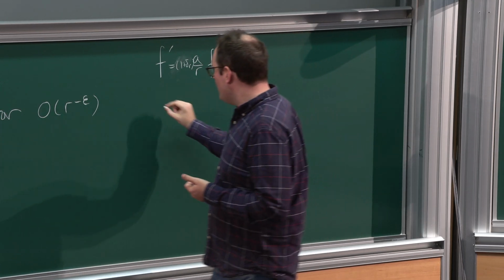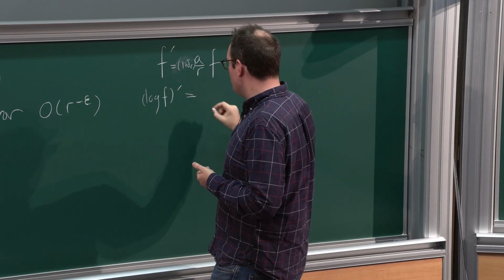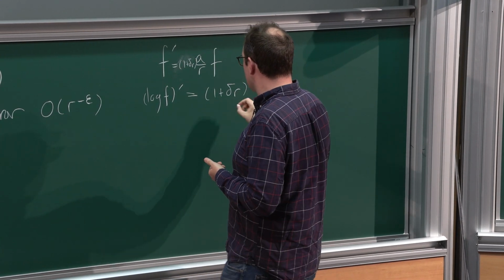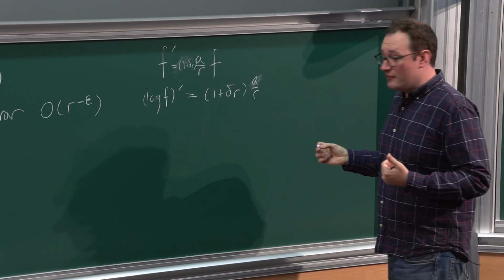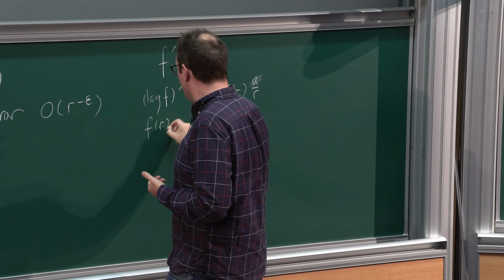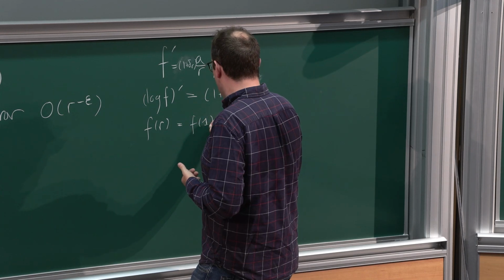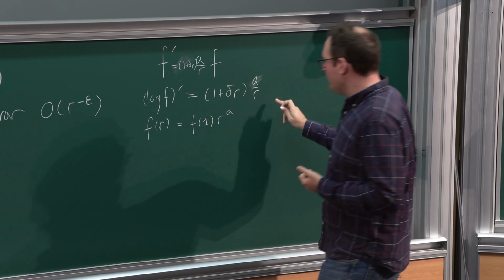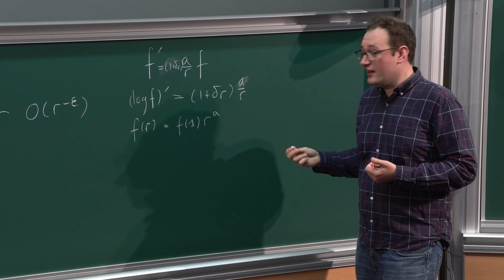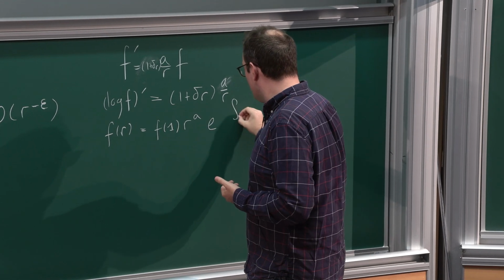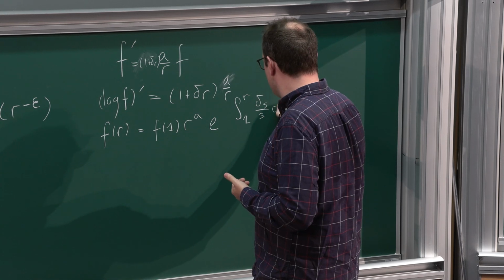You consider it in terms of the logarithmic derivative, right? So the derivative of log f is 1 plus the error, A over R. Okay, then you can just integrate both sides. So you get f of R is f of 1. You get an r to the a, basically from, if you integrate a over r, you get a times log r, and then you're exponentiating, so you get r to the a. And then you get the integral from 1 to r of delta s over s.